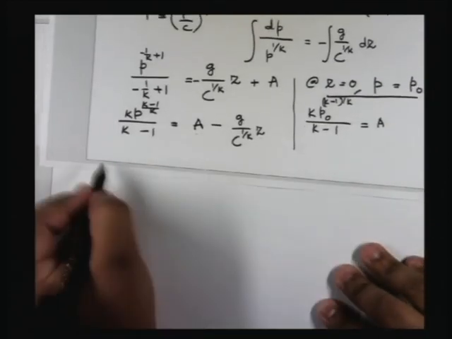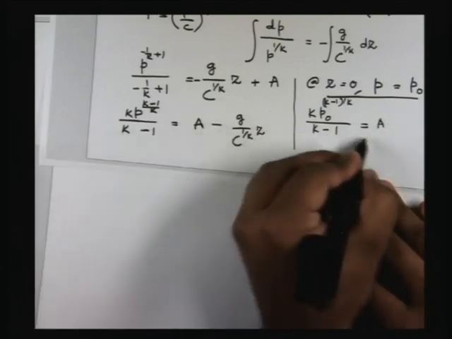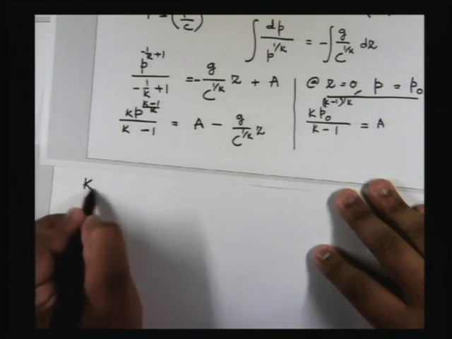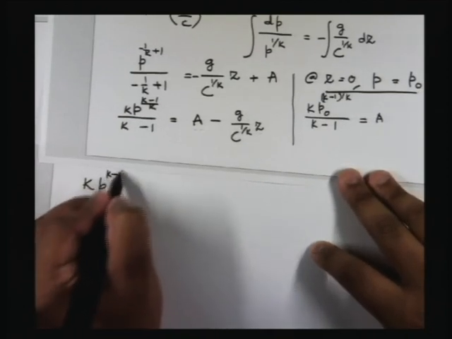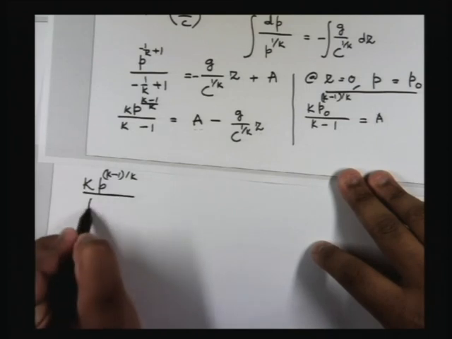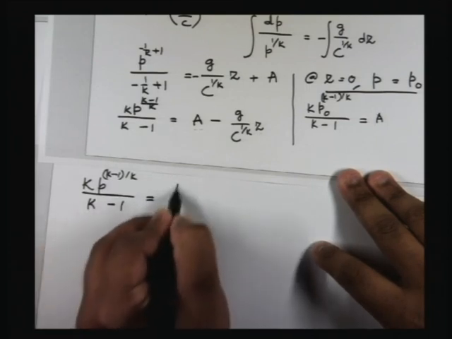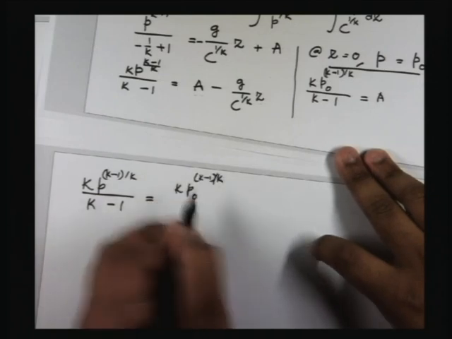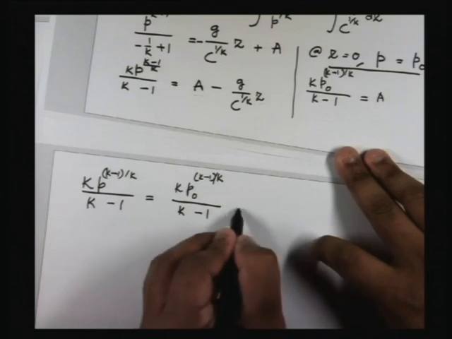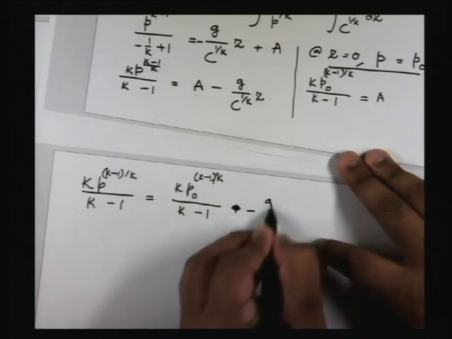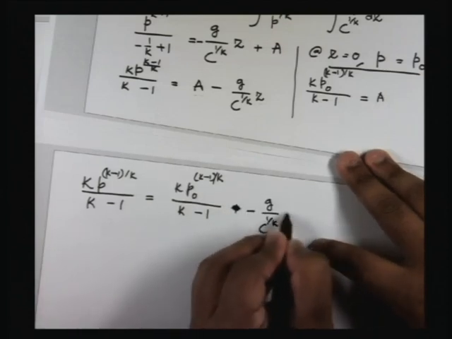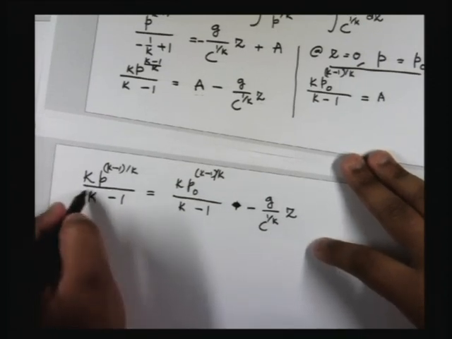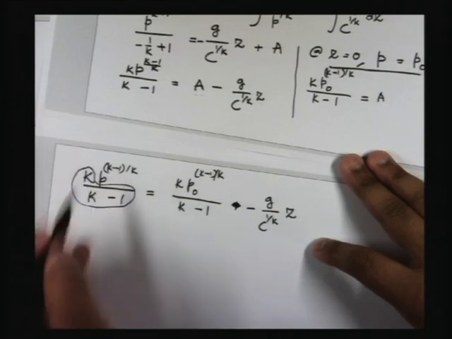So we can now put this value in place of a here, and we can write this equation in this form. So k P to the power (k minus 1) by k, divided by (k minus 1), is equal to k P naught to the power (k minus 1) by k, divided by (k minus 1), plus minus g by C to the power 1 by k into z. So we will now divide both sides with this term, and we can write finally